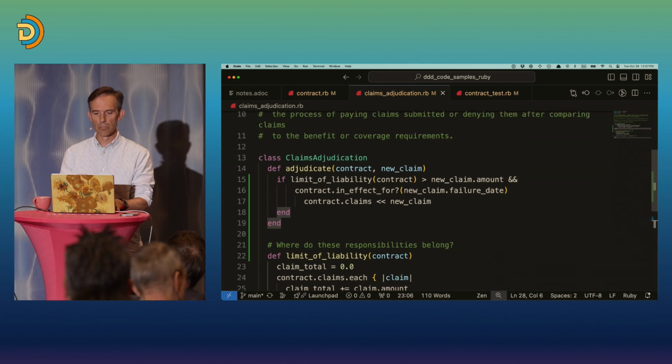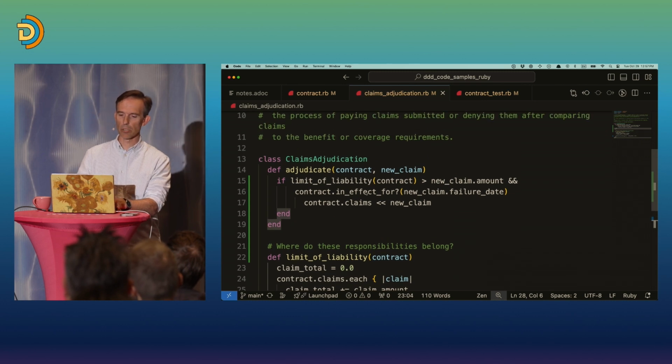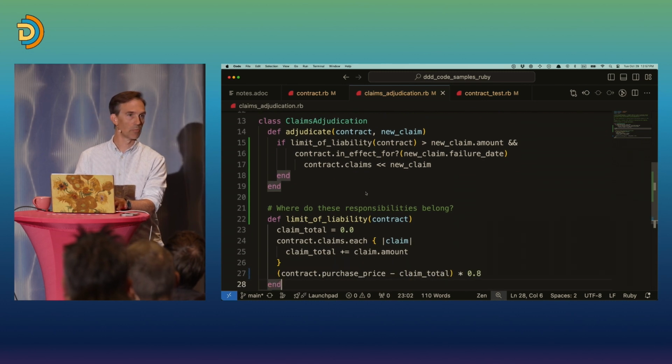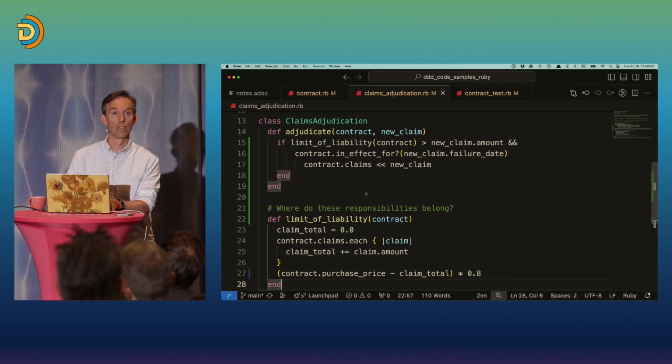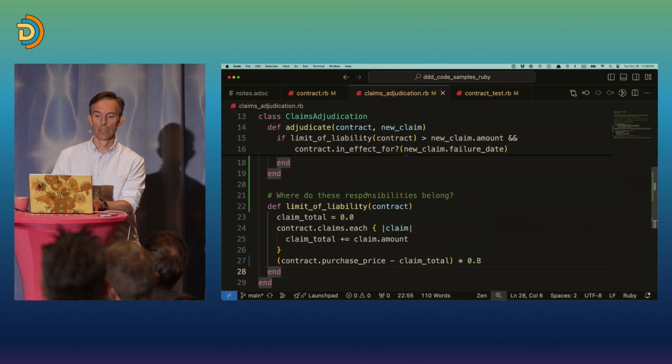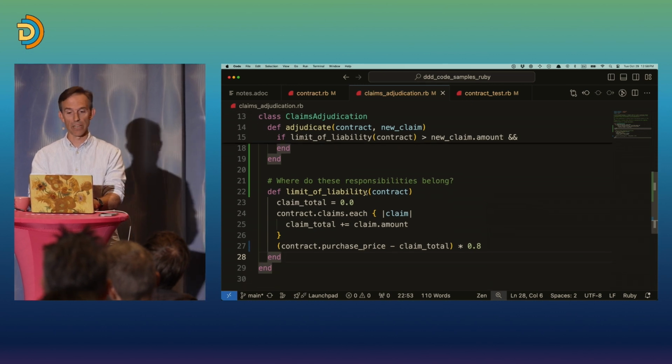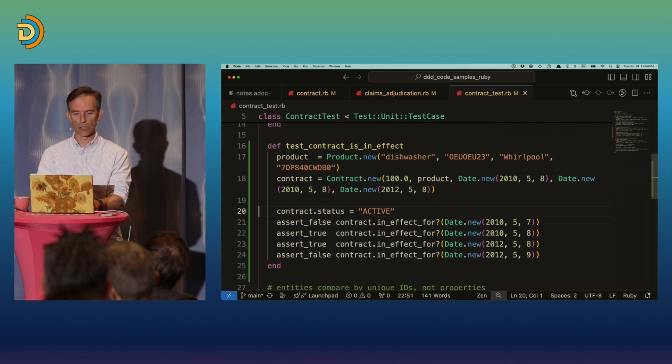All right, so we've moved this responsibility now over into contract. What about limit of liability? Should be the same, right? It fails when the contract is not active. We could add an explicit test in here about making sure that it does fail